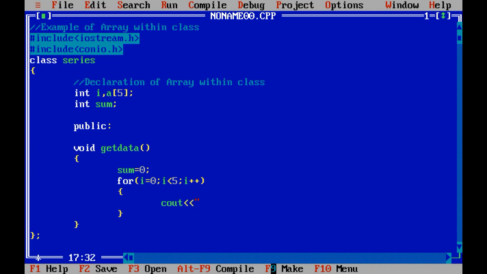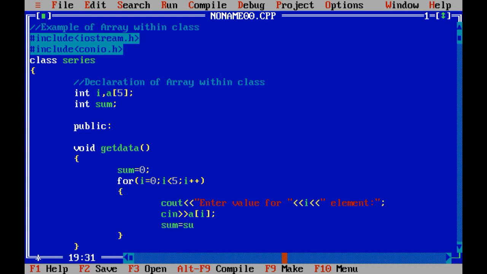cout enter value for i elements. I am going to explain this code, so don't worry about that. Let me write the code first.